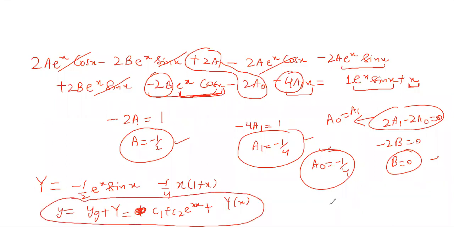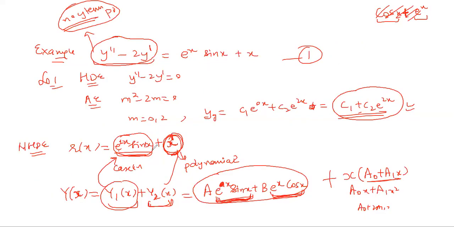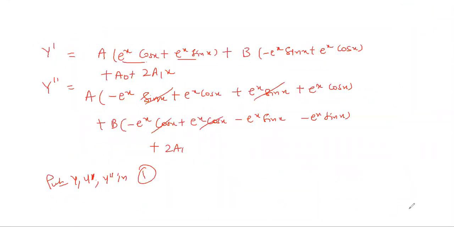This example was a combination of many cases in which everything is covered. When your R(x) is of more than one type, like there are two terms present, one falling into one category and the other into another category, in that case your y(x) is going to be the sum of these two, and individually you have to make a decision.